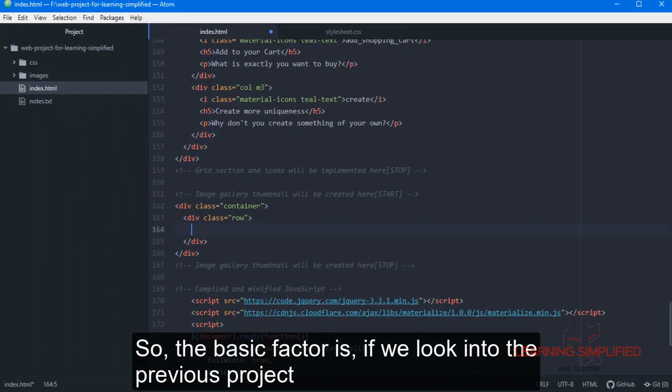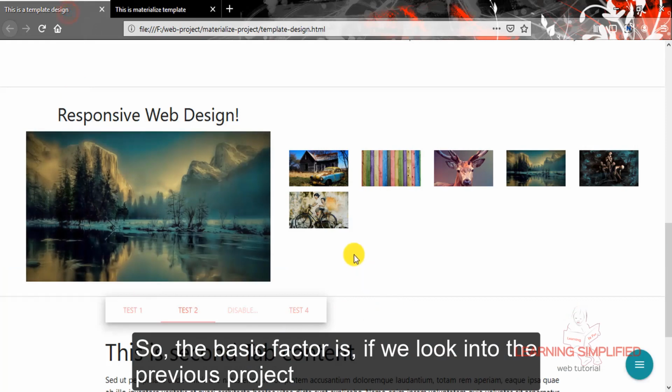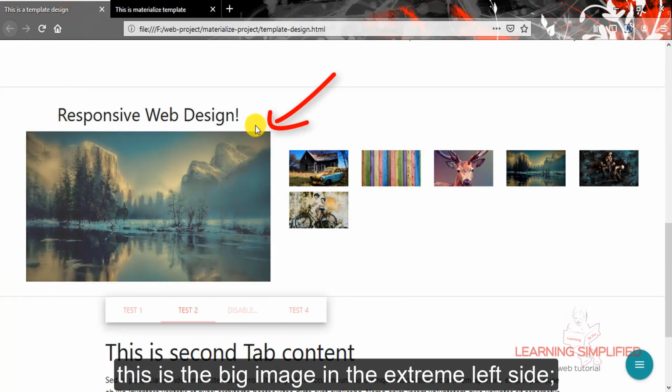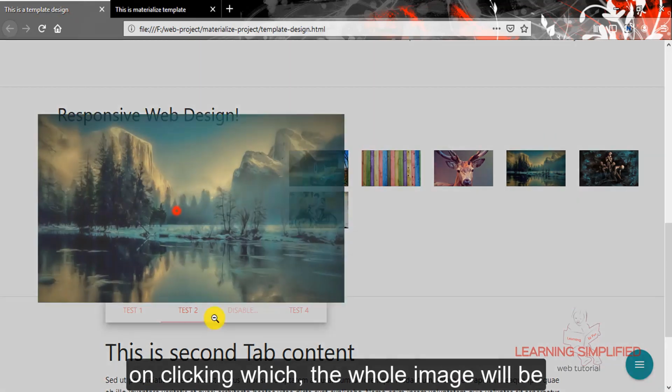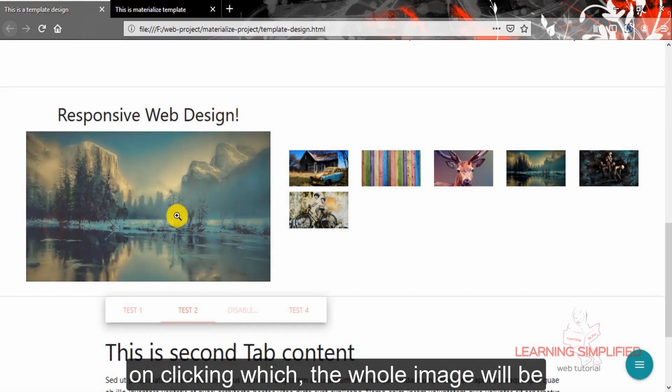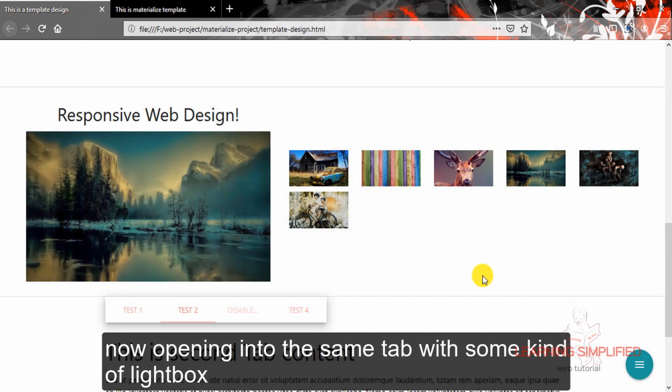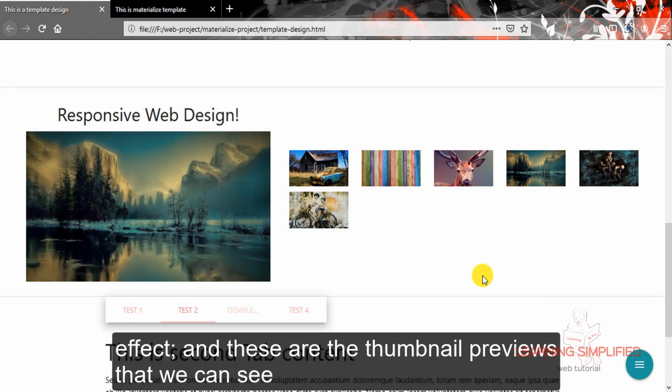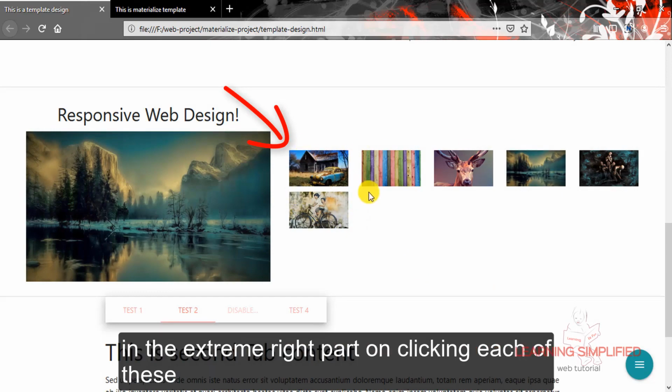So the basic factor is, if we look into the previous project, this is a big image in the extreme left side, on clicking which the whole image will open in the same tab with some kind of lightbox effect. And these are the thumbnail previews that we can see in the extreme right part.